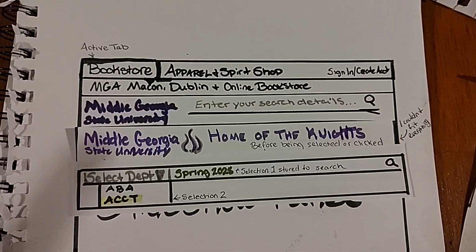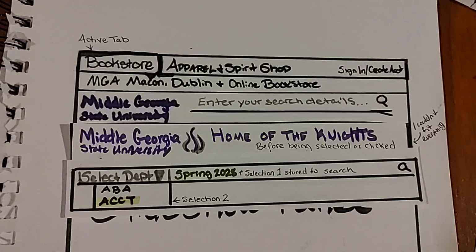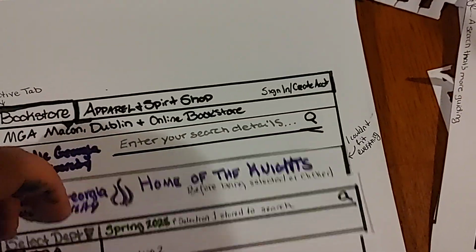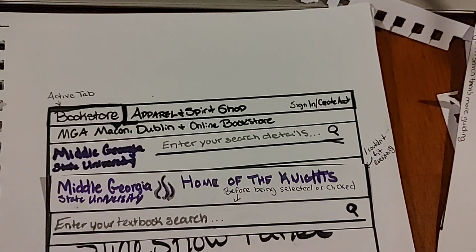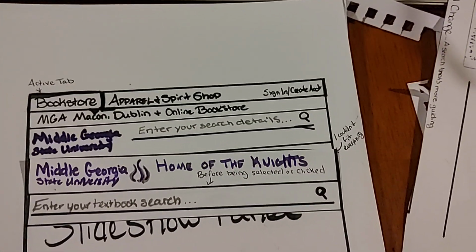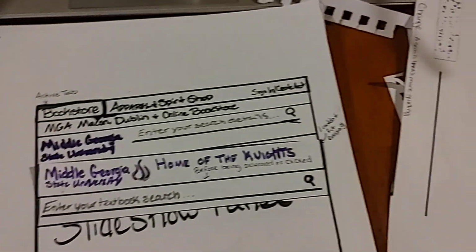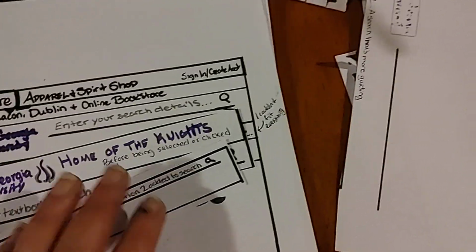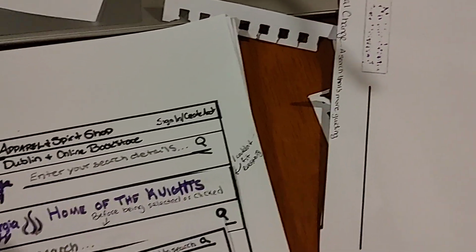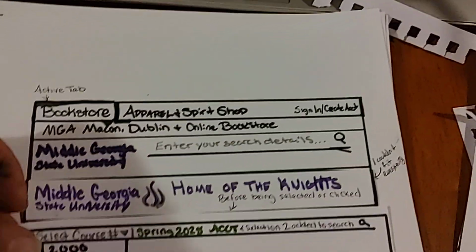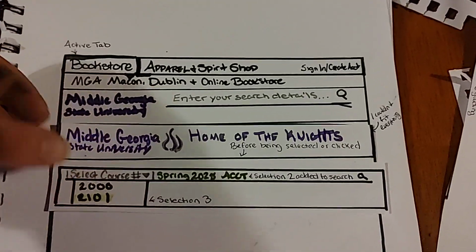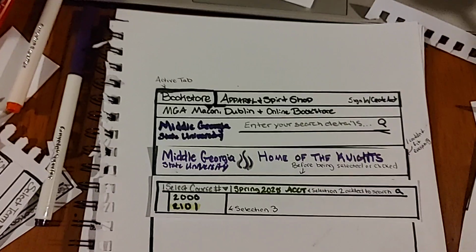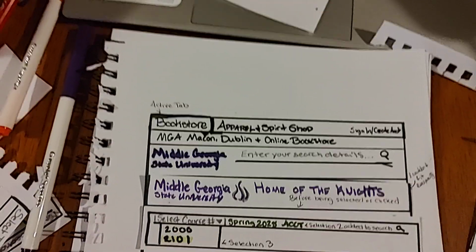So, okay, moving on. We're going to select department next, accounting, selection 2. And now that, sorry, I didn't want to redraw everything 10,000 times, so I kind of just made cutouts. Okay, so now that we have selected both the term and the department, which is accounting,